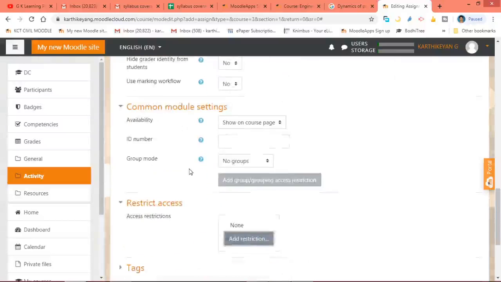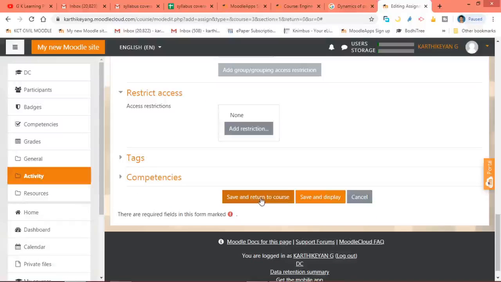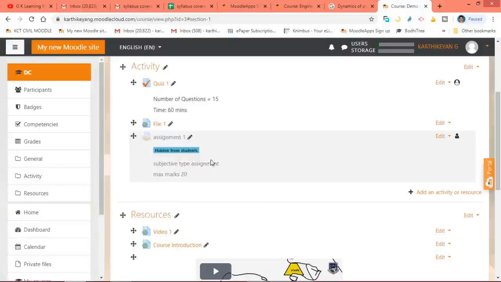After creating all the things, suppose here I keep it as hide from student and save and return. I am going to give save and return to the course. So now I have created the assignment. It is available here. See, hidden from students. So this is not visible to students, right?